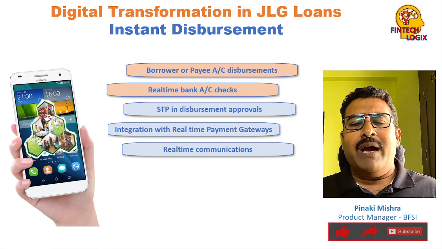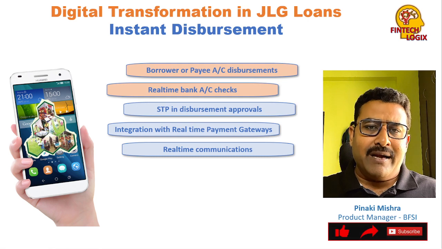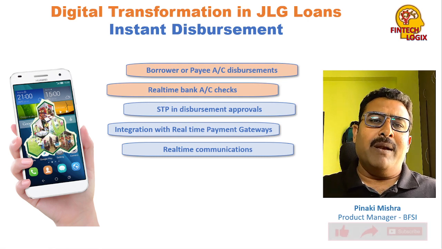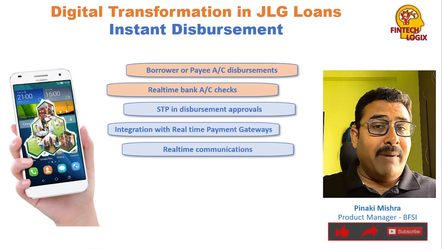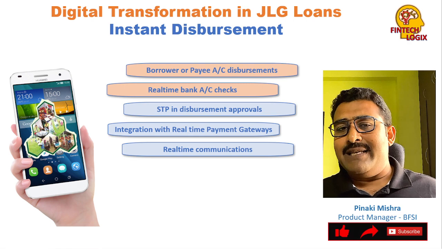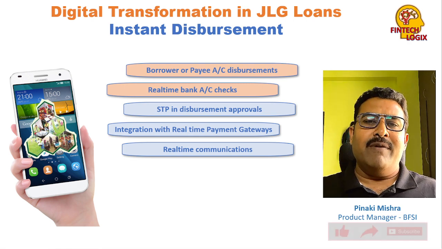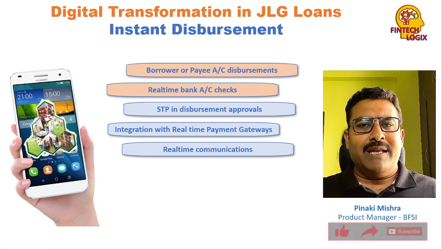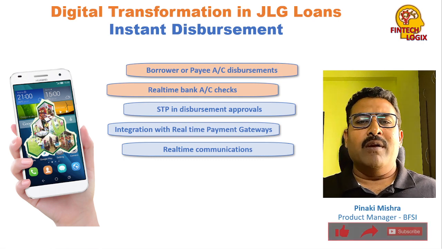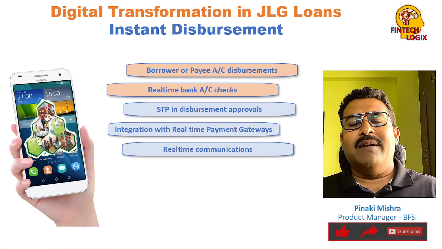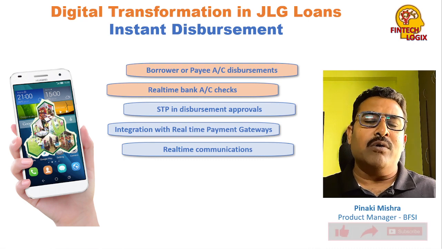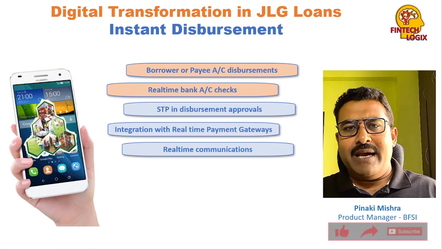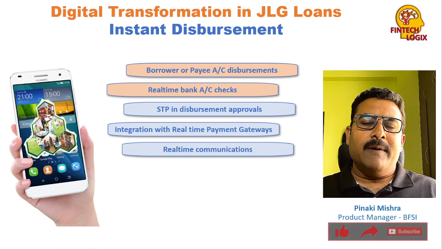So there would be hardly any bank which is left probably in India at this point of time, to which your automated payment cannot be made in terms of disbursement. Definitely there is limit for every types of disbursement, but in case of JLG, looking at the value of 1 to 2 lakhs, it becomes probably needless to say that any account, any bank in India is covered under an